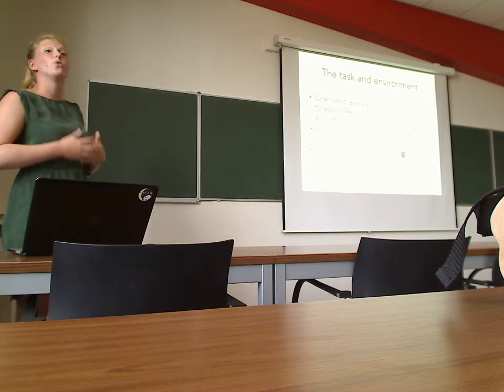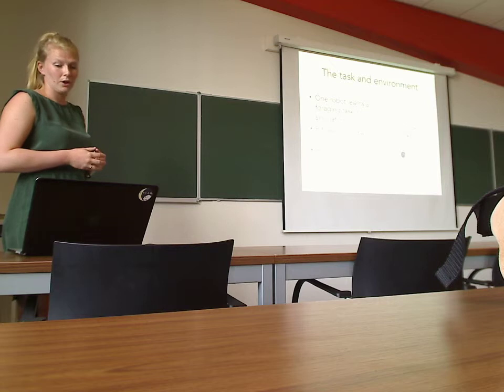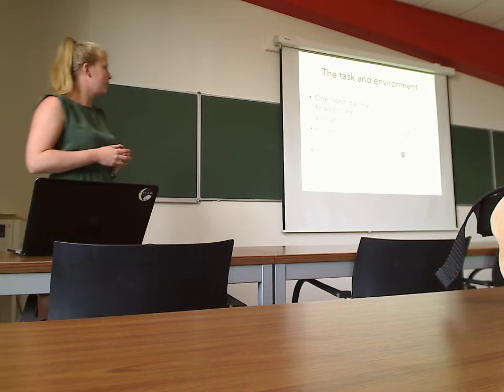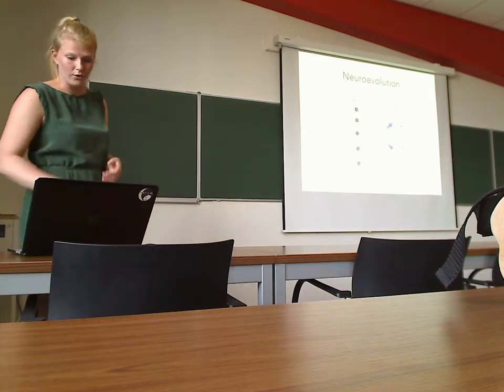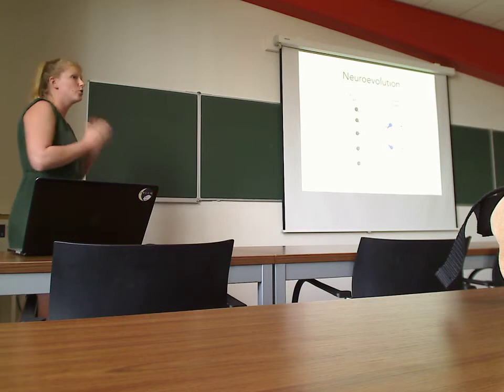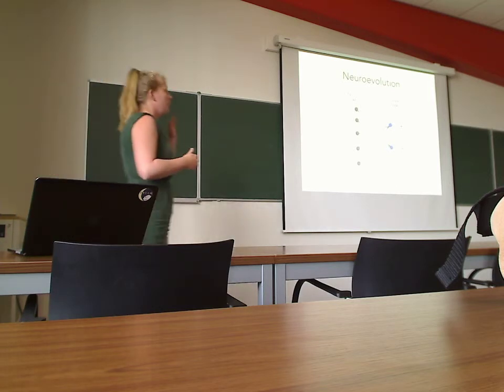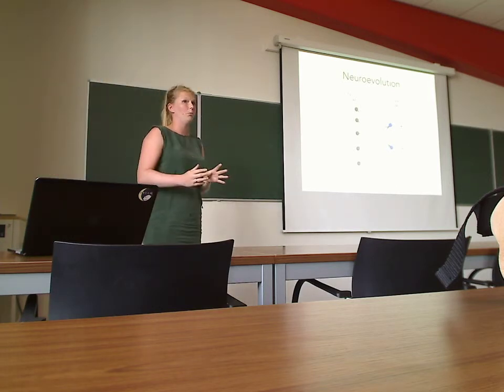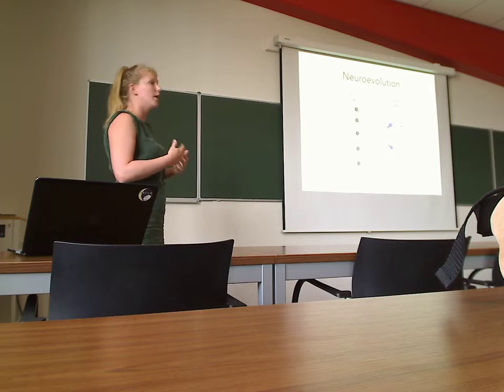So how does this controller of the robot learn? We evolve it with neuroevolution. So how does that look? The controller of the robot consists of inputs, outputs, and a mapping between the inputs and outputs. In our case, the inputs are wall sensors.